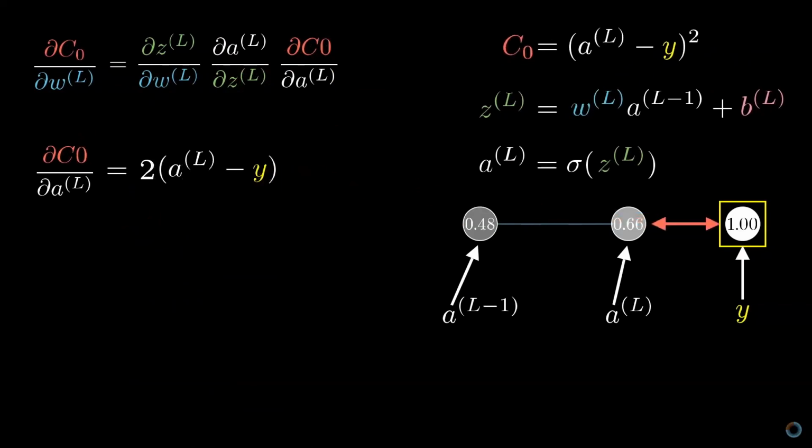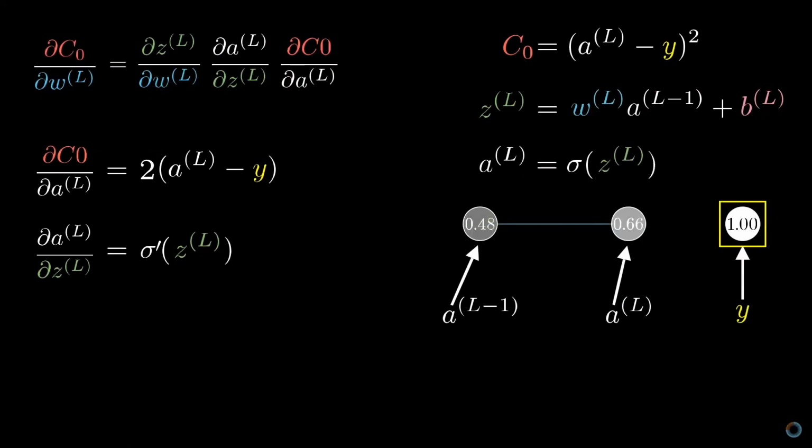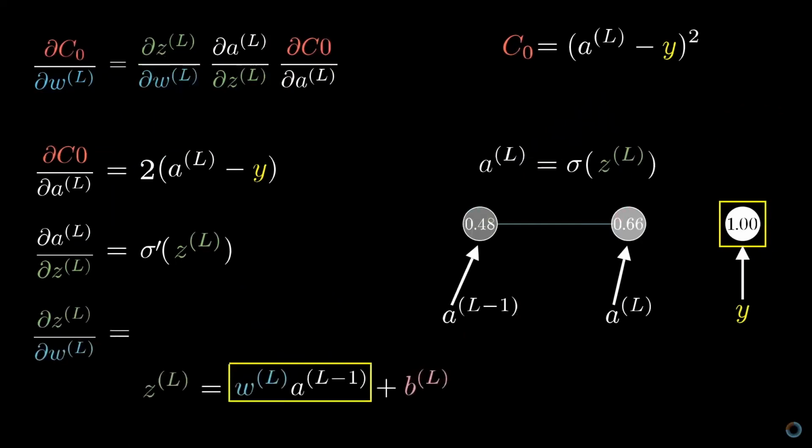Notice, this means that its size is proportional to the difference between the network's output and the thing that we want it to be. So if that output was very different, even slight changes stand to have a big impact on the final cost function. The derivative of AL with respect to ZL is just the derivative of our sigmoid function, or whatever nonlinearity you choose to use. And the derivative of ZL with respect to WL, in this case, comes out just to be